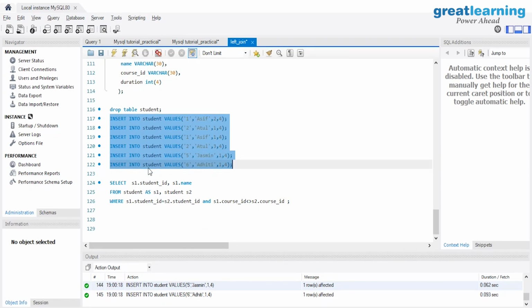Now we are going to use the self join. But wait, how are we going to use that? We are going to get the student ID and the name from the table where student ID is equal and course ID is not equal. Basically, from the table itself, you want to understand how many